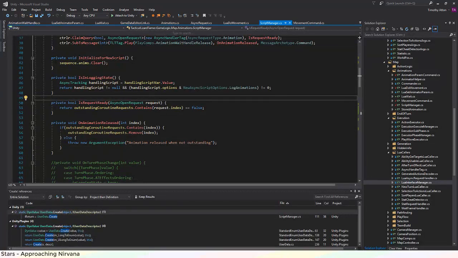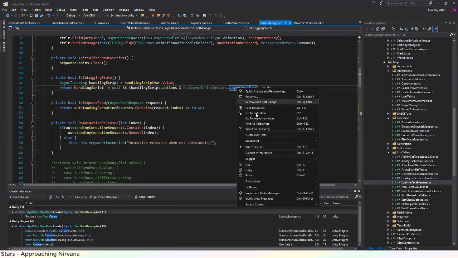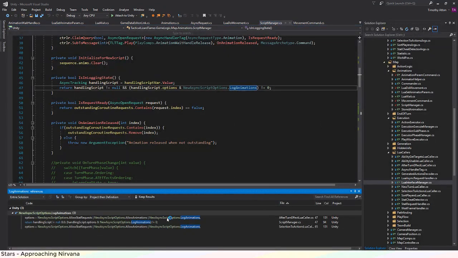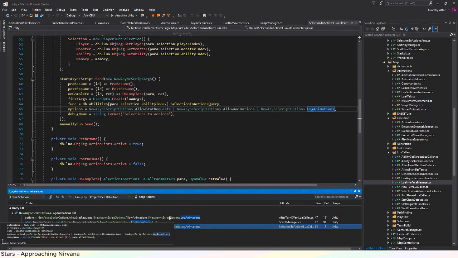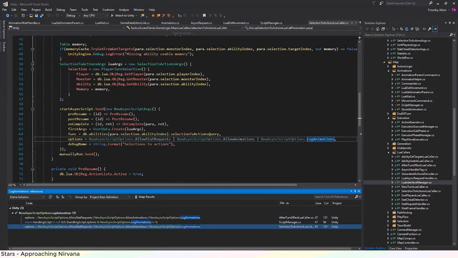Yeah, if it's in a logging state, then this is not 0, so that's right. So after turn effects has this set to true, and then also selection actions. Oh yeah, I use user data create there. That's kind of weird, but